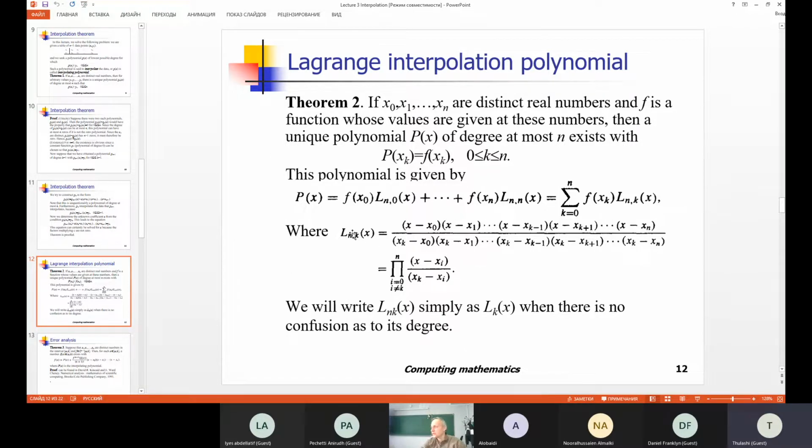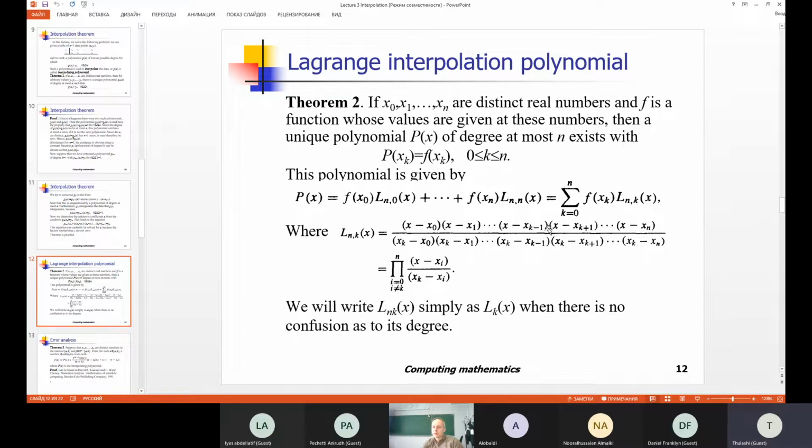N is written here just to indicate the degree of the polynomial L, the function L, and K is used here to indicate the point that is used to build this auxiliary polynomial. How is it organized, how to write this polynomial. Suppose that